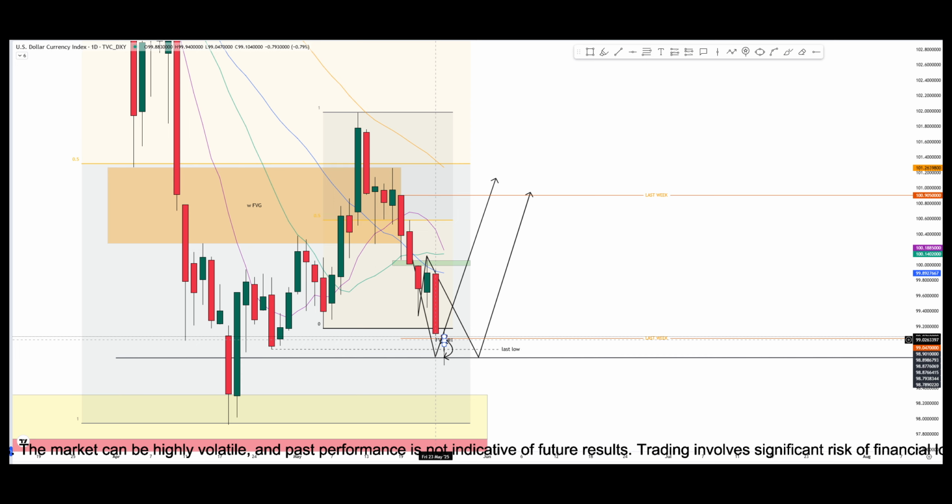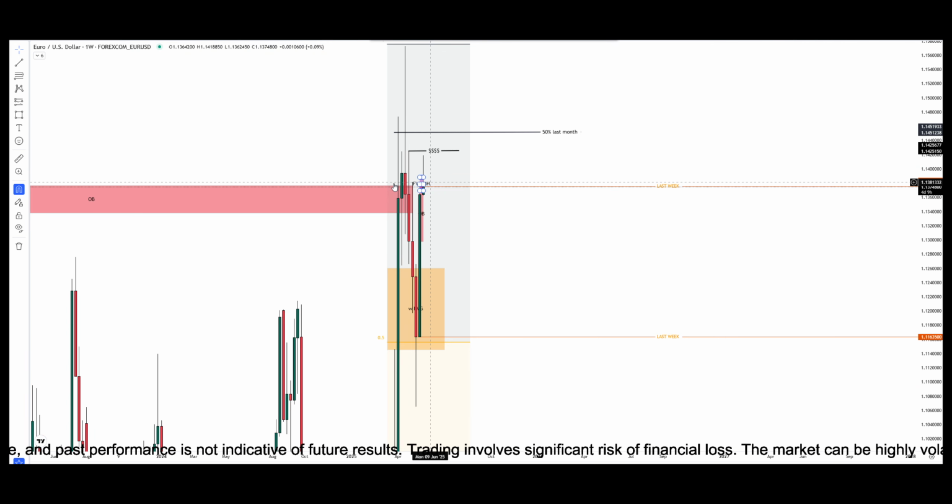Weekly time frame EURUSD symbol. Like the dollar index, but on the contrary, it has passed the highest price of the previous week, but has not reached 50% of the shadow of the previous month's candle. Therefore, as you can see, the upward trend of the chart is less than the downward trend of the dollar index, which means that the chart is likely to reverse more quickly.